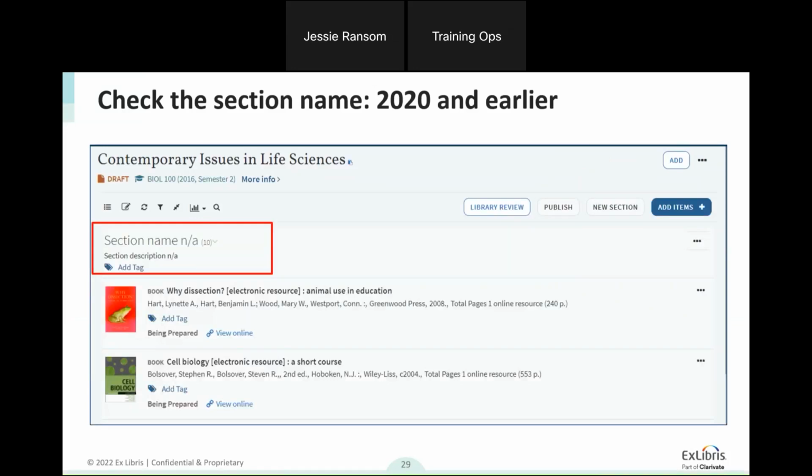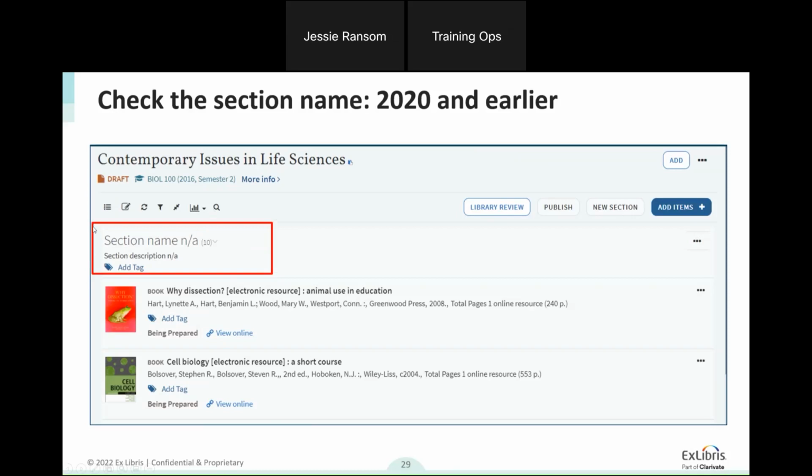Before we dig into that, I do want to give you a quick piece of information that may not be relevant for any of you, but I want to talk about it anyway. I said before that course reserves lists will simply become Leganto reading lists, but there is one strange caveat to that. If your Leganto was activated before November of 2020, and you have reading lists that were created before November of 2020, when you view those lists in Leganto, they have this as the section name.